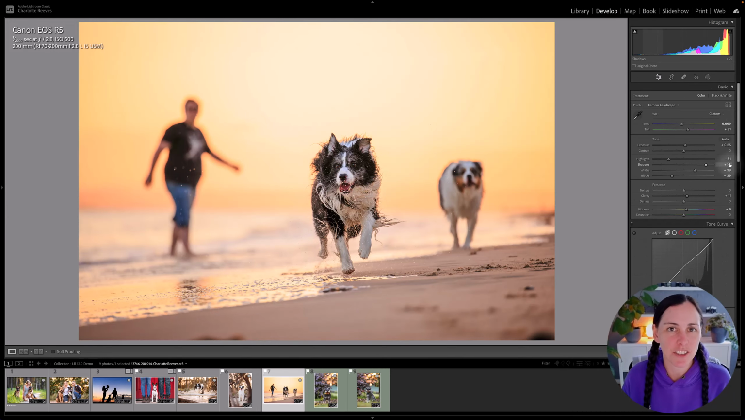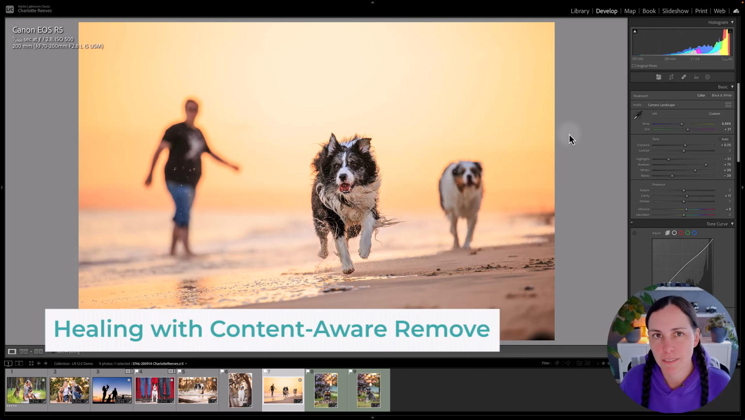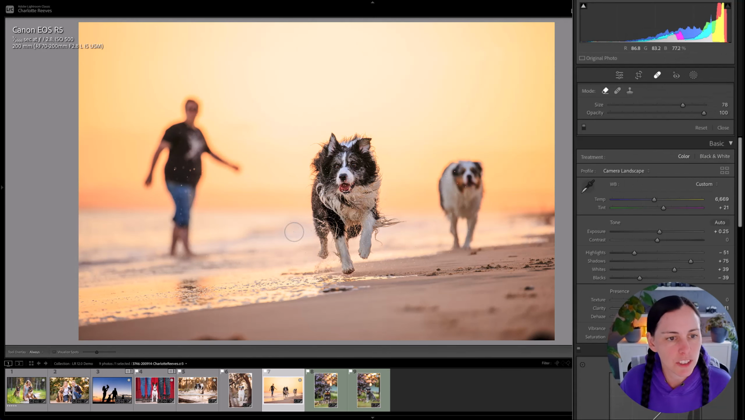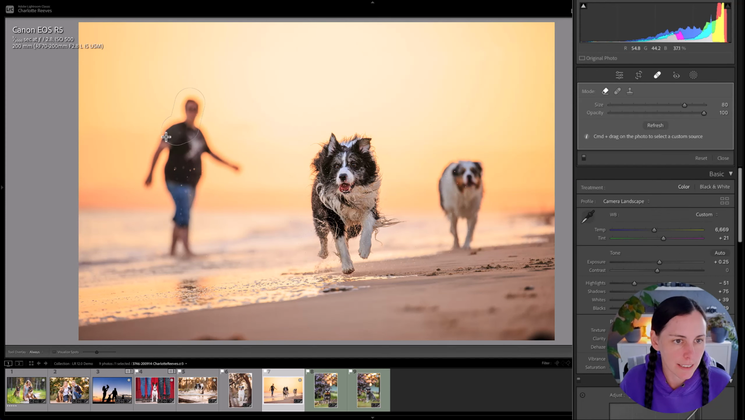So in addition to the new AI-powered masking tools, we've also got a new feature called Healing with Content-Aware Remove. We've always had the healing tools in Lightroom, which to be honest, usually are pretty rubbish. I don't use them because they don't do a great job. But let's see if the content-aware actually makes a difference here. So for this image here, say we wanted to get rid of the figure in the background. We would make sure that this mode is selected, which is the content-aware remove. And we would just draw around this thing that we want to remove